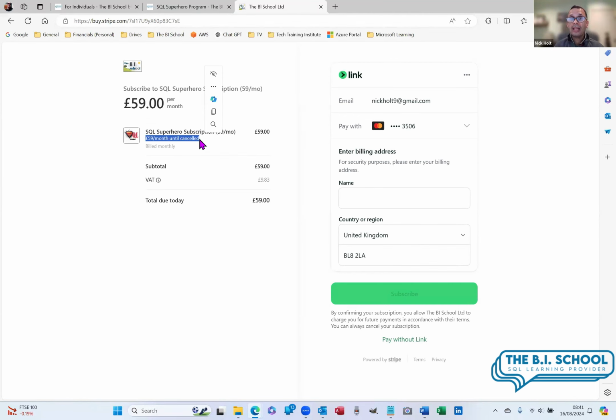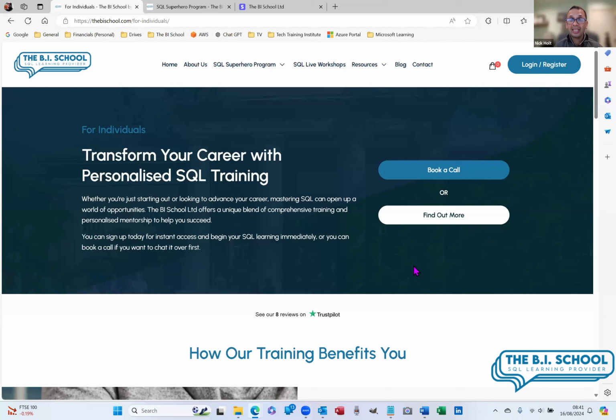And then what will happen is later on, as soon as I can, I will give you access to the program and set you up a password and all that sort of thing. And you're in and you can get started straight away. So that's the SQL Superhero Program. It works. I've had people pass through this program and go on to have great success. Like I was saying about my client who's gone on to data migration, my clients going to data analysis, data